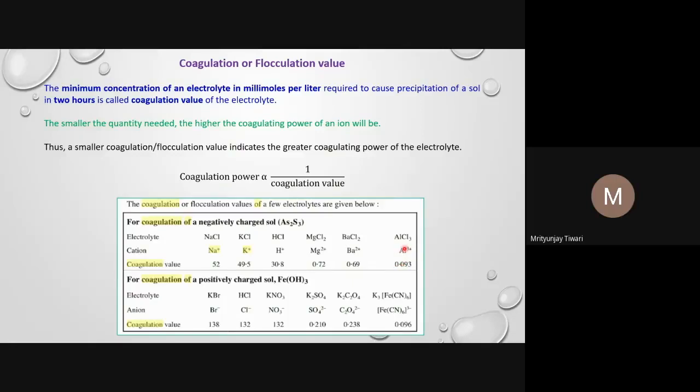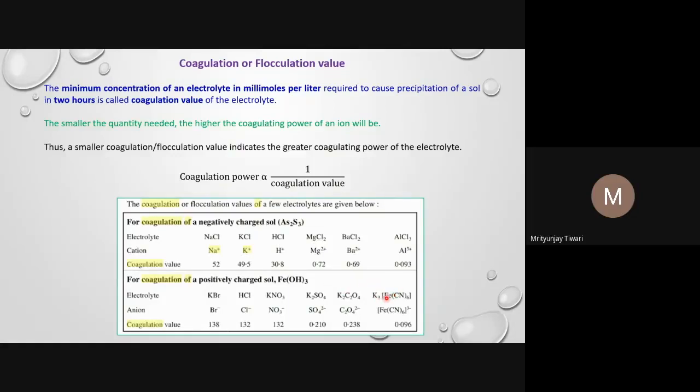And this is the aluminum chloride, and we see this is even the smaller number, a smaller millimoles of this AlCl3 is required for the coagulation of this As2S3 sol. And so the coagulation power of this AlCl3 is highest, then of these two, and then the least is for these three. For coagulation of positively charged sols, for example, Fe(OH)3, if you look at,